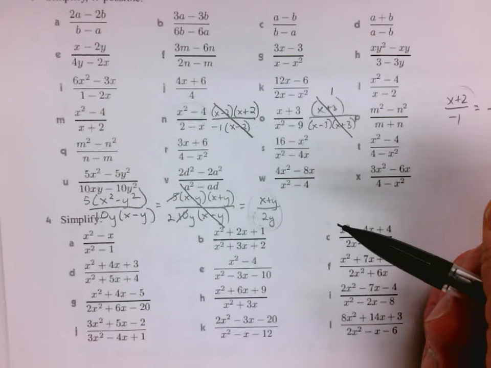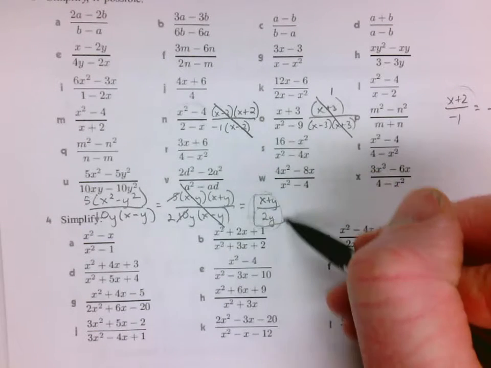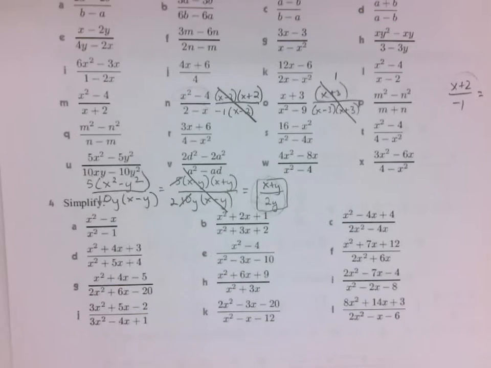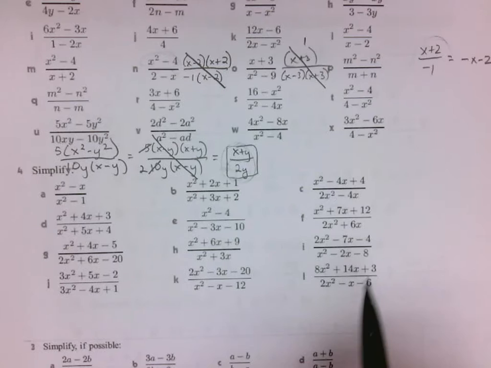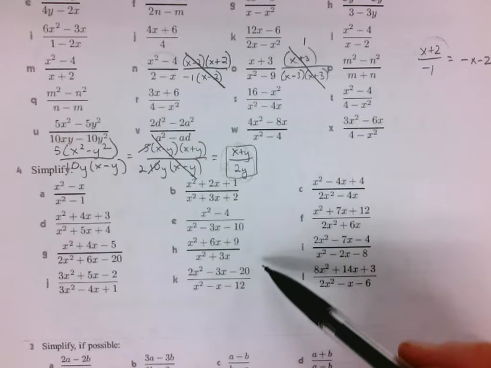You don't need to. I would just leave it as a fraction unless it's asking for some other form. And then again, the only thing that gets a little more complex here are the factoring